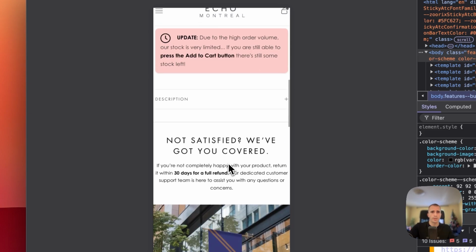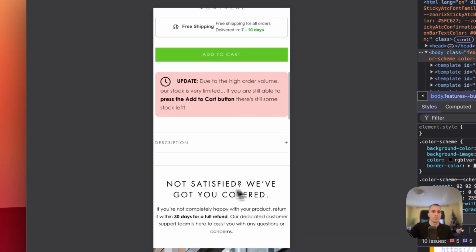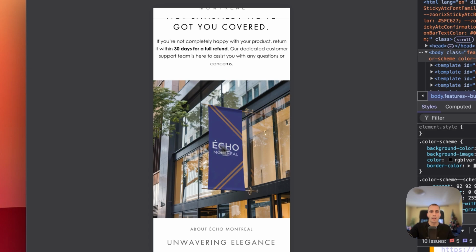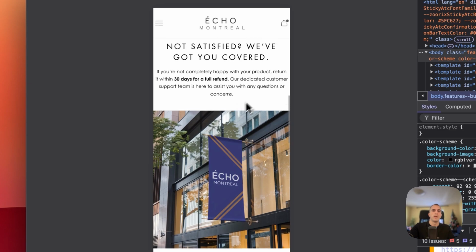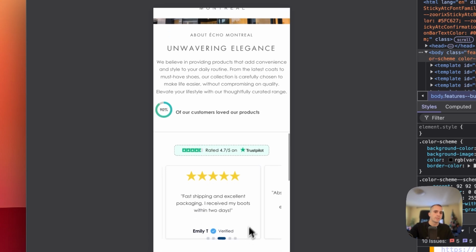You can just communicate it somewhere here below the add to cart, that you have the refunds and what is the time frame for that. So definitely no reason for you to have the whole section about it. Although I like the thing that you are pointing out that you have a physical location as well, which brings a little bit more trustworthiness, but this once again is completely unnecessary, so I would definitely remove that as well.